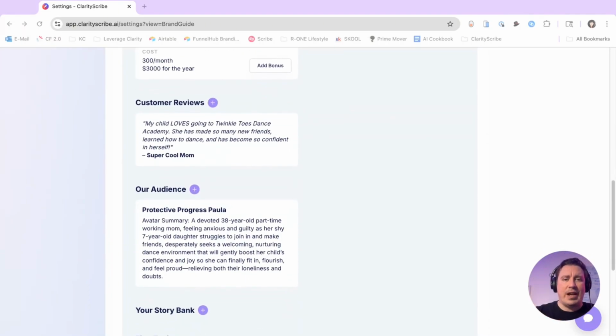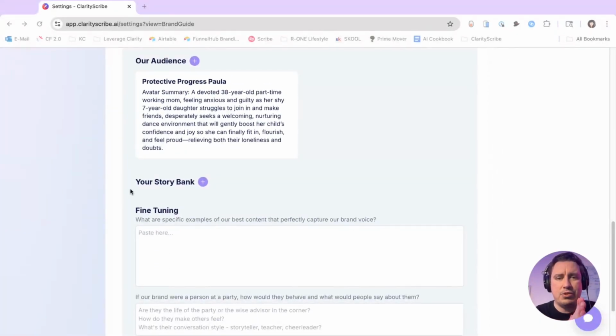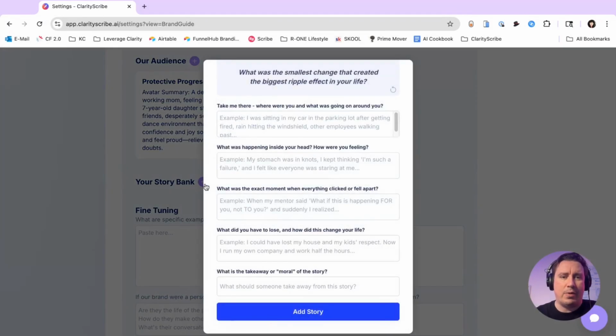So now that we've got our audience, that's really great. Another place that we have is this story bank. Kind of like how reviews are, most people don't have a place to store away the different stories, different experiences that they have. But telling stories is one of the most effective ways that you can communicate and market to people and have people get those aha moments that you did. And so we put together this story bank, a place where your different stories can live that, again, you can use in the sales page wizard or emails and all of those other places.